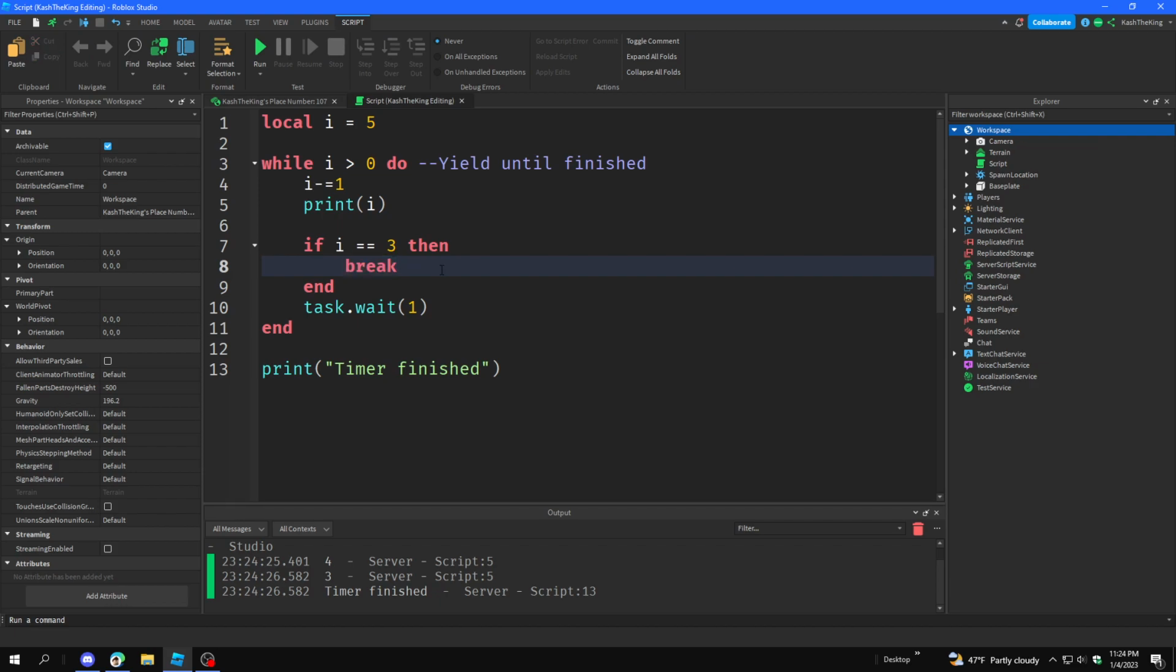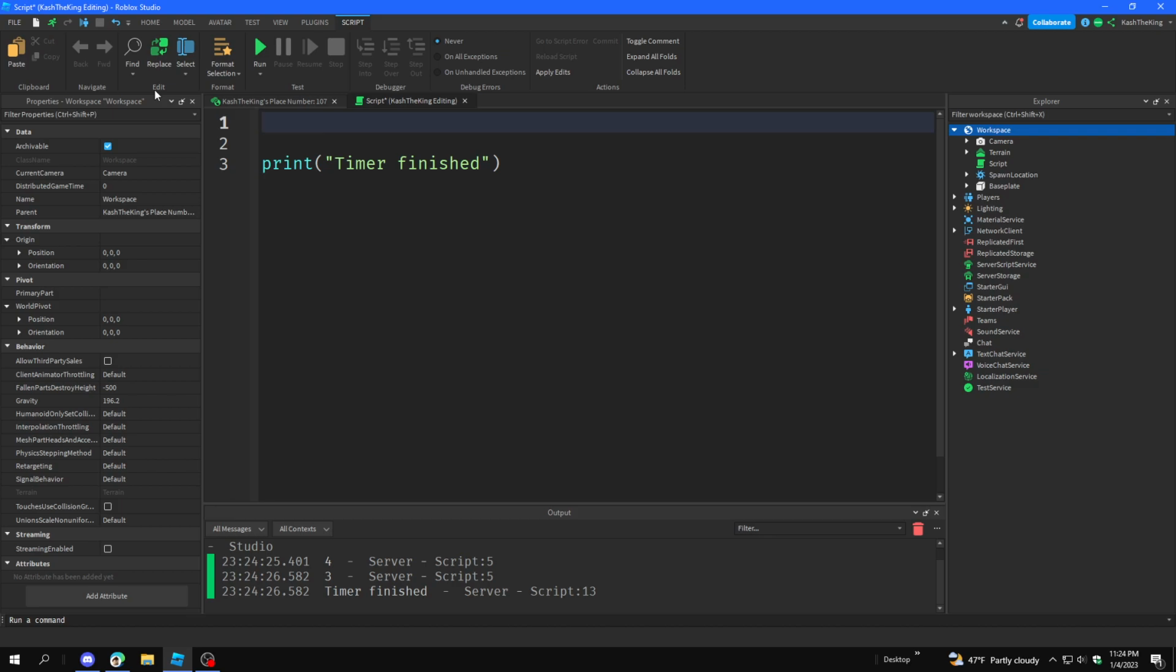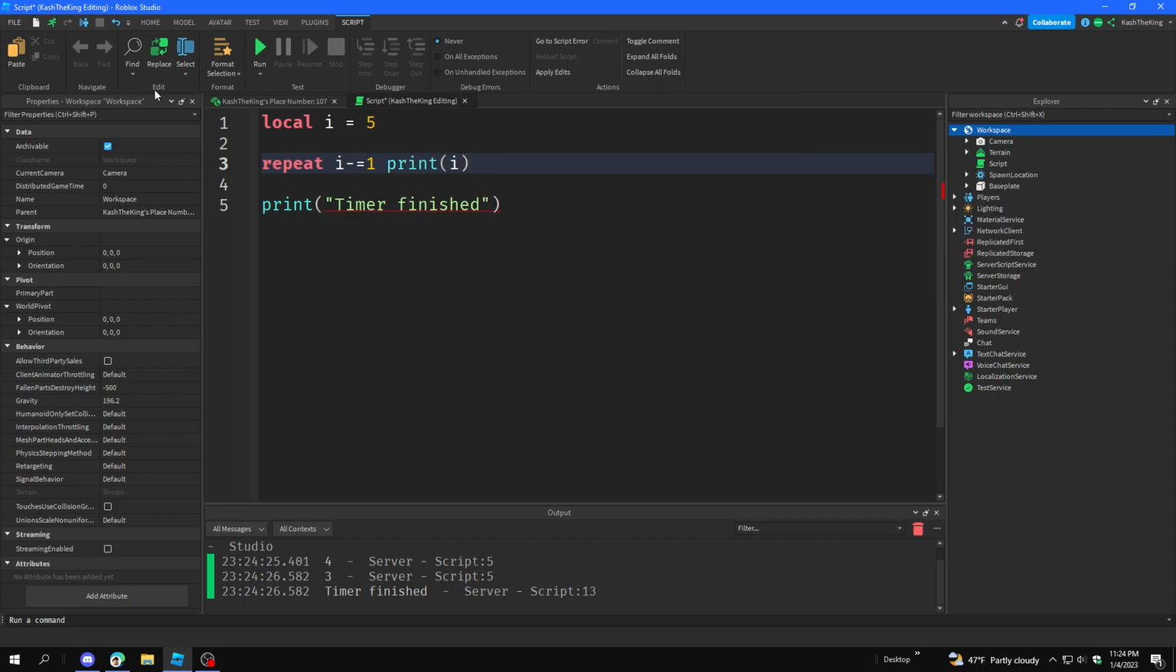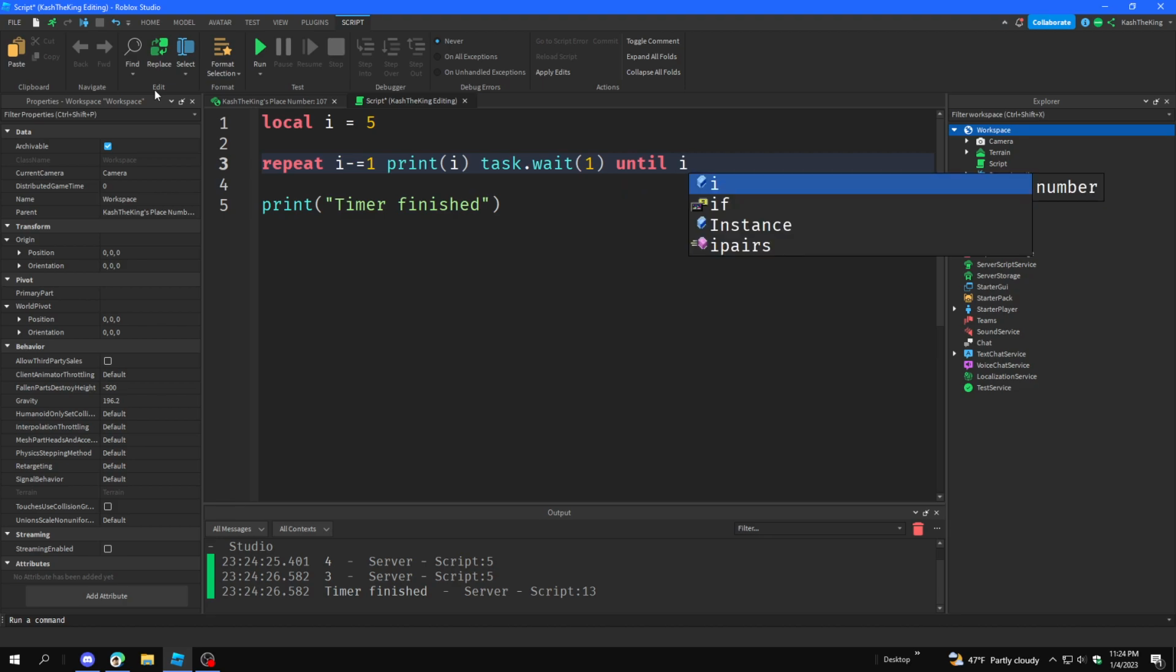Now break works for any loop, even for loops, just so you know. Okay, we're actually going to clear this, and we're going to do the exact same thing with a repeat loop. So we're going to set i to 5, and then we're going to repeat i minus equals 1, print i, task.wait 1 until i is greater, so until basically means